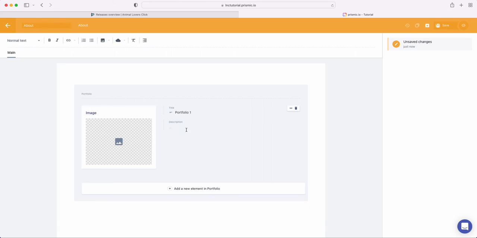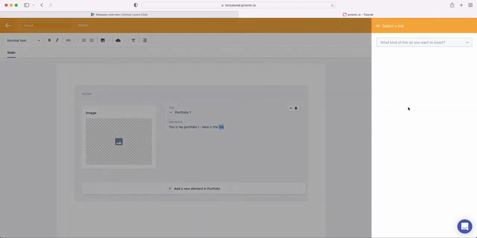I have a description. This is my portfolio one, and then here is the link. So as I mentioned, this is gonna be a rich text, so you can actually have a link there, and that's how you do it. You select the text, click on that link. Here it's gonna ask you what it is to link into. It's gonna be to a new website, and let's say I'm copying a link from